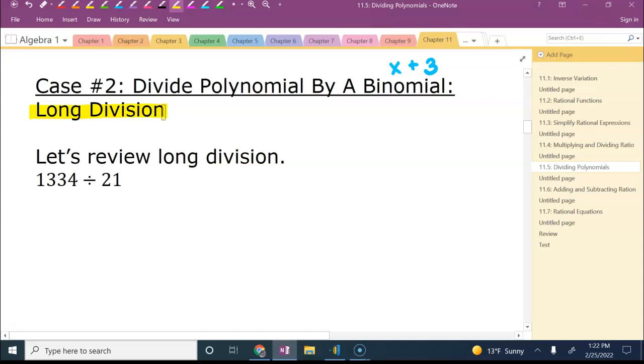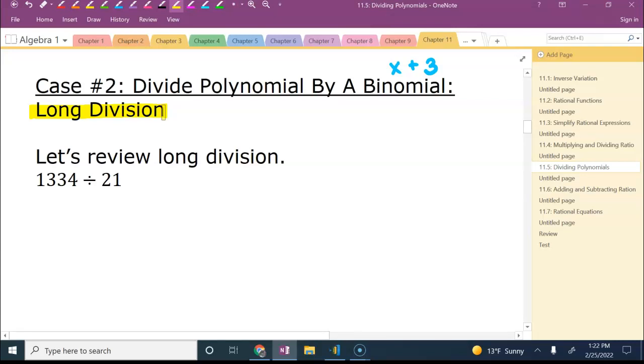And to get us started on this, before we jump into dividing polynomials using long division, I want to review with you guys how you would do long division if you just had numbers. So back in elementary school, when you guys were learning how to divide for the first time, this is when you would have seen this brought up when you're doing this long division style to try to figure out what